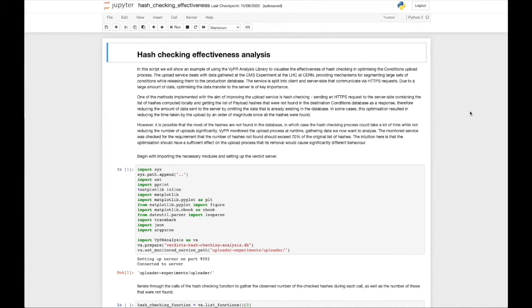Okay, so the example that we show here includes trying to determine whether an optimization that we know will add a bit of extra time onto the process is actually effective enough to justify the extra time that we spend on it. In particular, when we send a lot of the data over the connection between the client side and the server side, we segment it into parts so that we can deal with an unstable network if we have to. But one of the problems is that quite often a lot of these segments of the data don't need to be uploaded, and if we were to upload them, we would take a lot of time and ultimately be